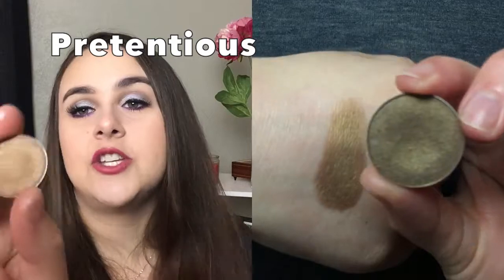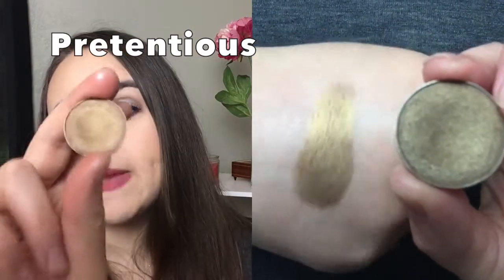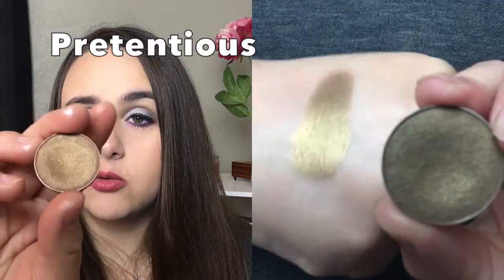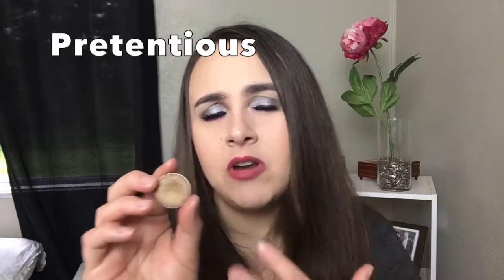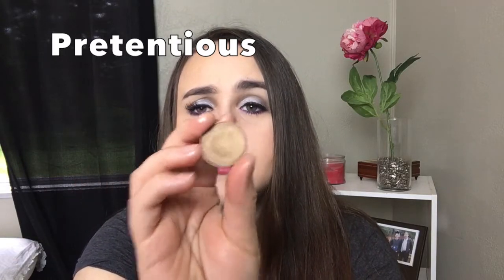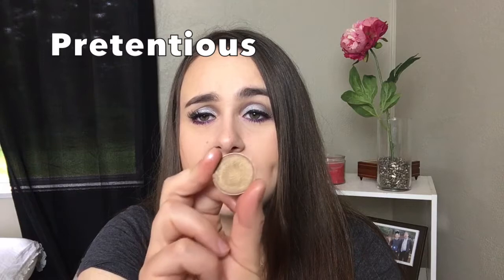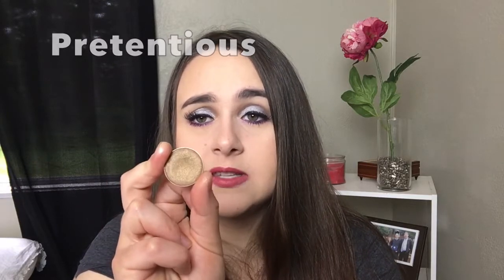Next up is Pretentious, and this shadow I absolutely love. I've used this many, many times. It is a great shimmery kind of khaki, brownish, greenish. I don't even know how to describe it. It is just stunning. It is so unique. I haven't seen any other shade like this. I think this is totally necessary. I think it's absolutely gorgeous all over the lid, and I love to pair it with this next shade,